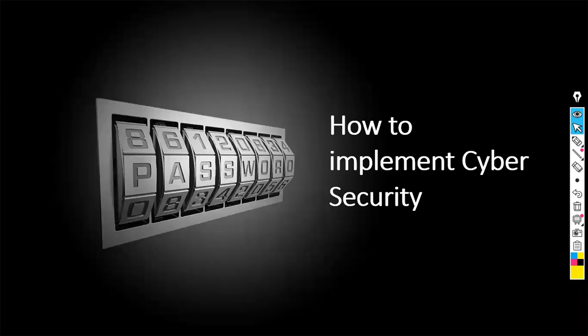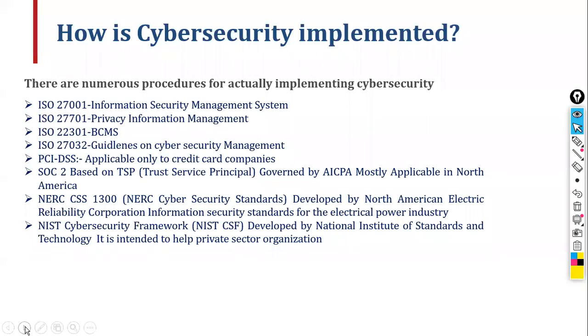Today we are going to see how to implement the cybersecurity controls. We have seen why cybersecurity is important, and what the risks associated with cybersecurity are. Now we are going to see how to implement those controls within the organization, what needs to be done. To implement cybersecurity in the organization, we have several procedures like ISO 27701 and ISO 27001,